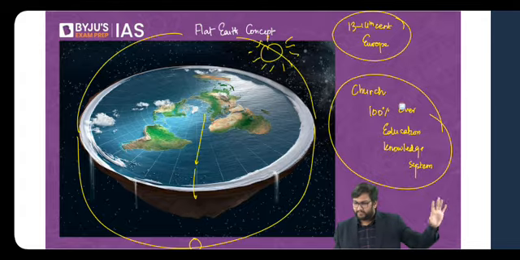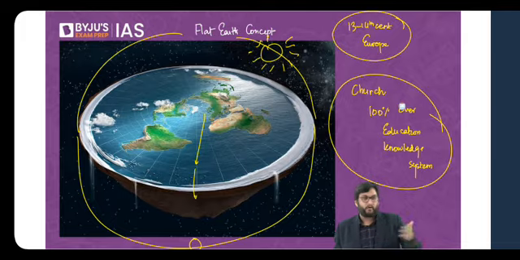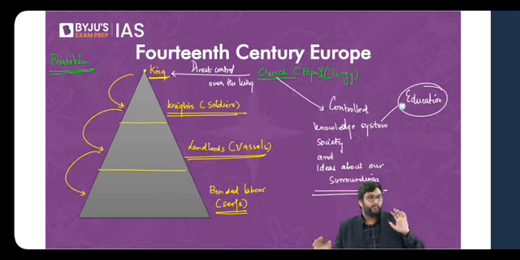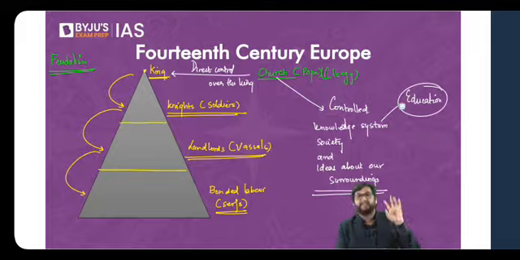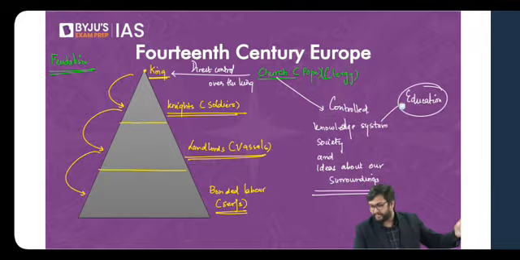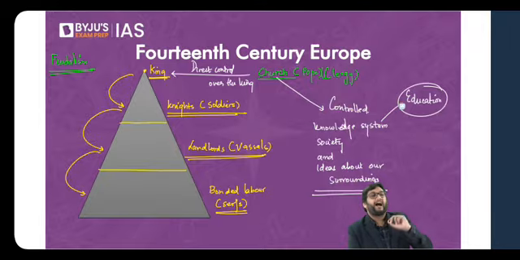Henry the Navigator will come, don't worry about that. You're moving forward in the story. Church controls mind. Okay, now 14th century Europe, anybody has any issue. What is going to happen, I'm going to tell you. Anybody has any issue in the church's authority? How does the church come through? Where does it come from?